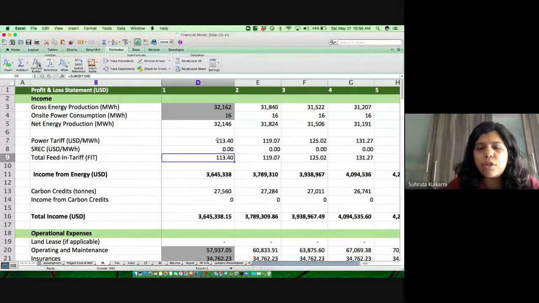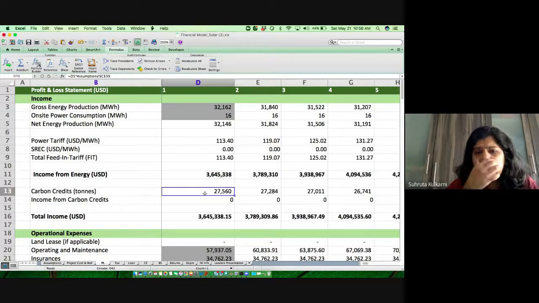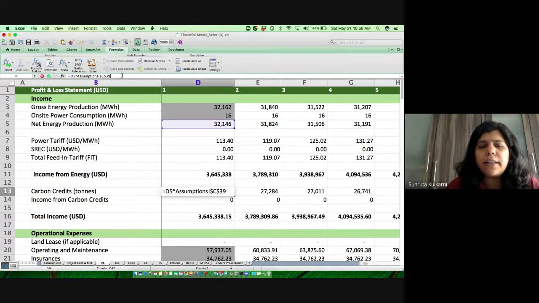So I'm going to sum both of these. Now these both are linked, and hence I have included them over here. Carbon credits are not linked, and hence my revenue calculation is different over here. So I have this much, and this is my income from energy. Next I've calculated my income from carbon credits. Again, it is linked to how much power I'm exporting and the carbon credit I get for each unit of power that I'm exporting. Based upon this is my total income. So this is my income for 1 year.